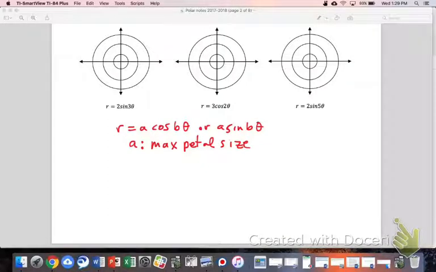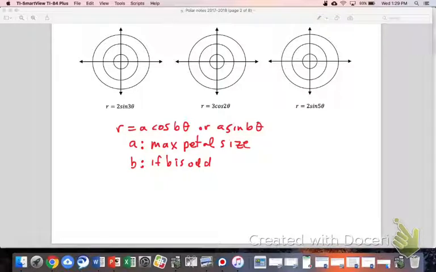So if A is 10, then the furthest away you're going to get from the origin is 10. If A is 20, then the max distance would be 20. And then B, so B has a little bit more here. There's some of this stuff on the other page. If you look over here, I put it on that spot, but we can do it right here as well. So B, if B is odd,